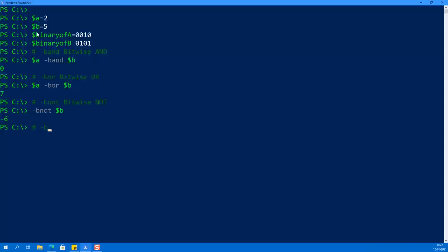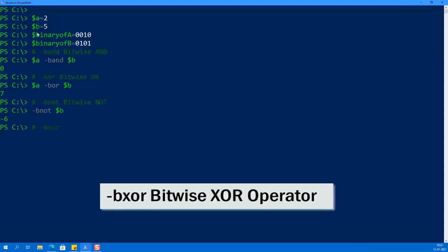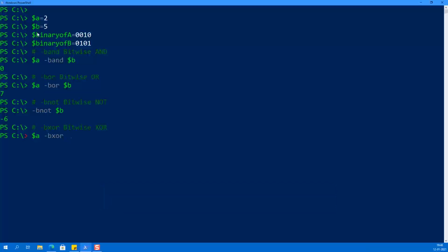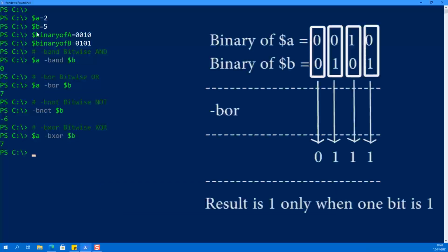Our fourth bitwise logical operator is -bxor, which is also called the bitwise XOR operator. In this case, the result is 0 if both bits are 1 or both are 0. Considering the same representation of $a and $b, there is no possible combination of ones in the binary of A and the binary of B, but we have a possible combination of 0 0 on both.